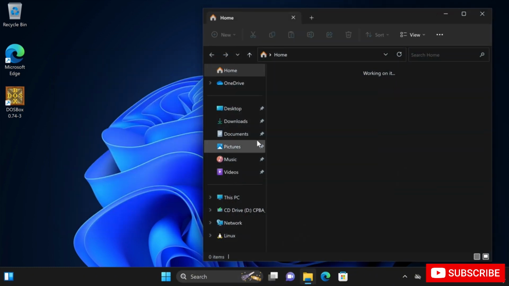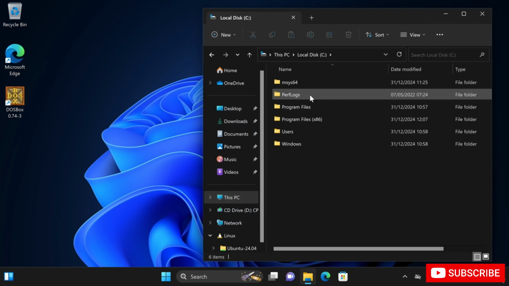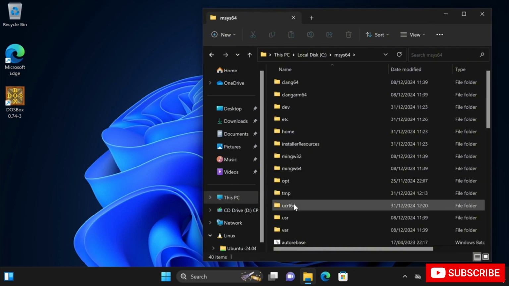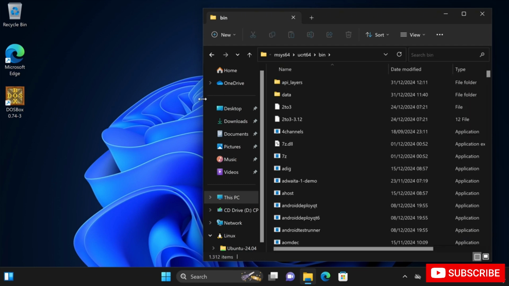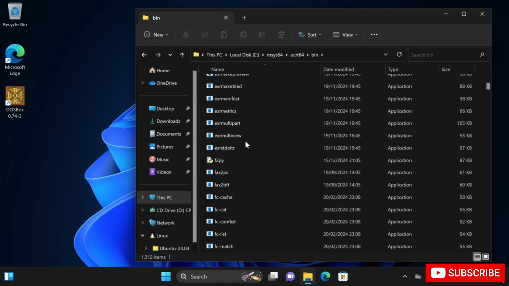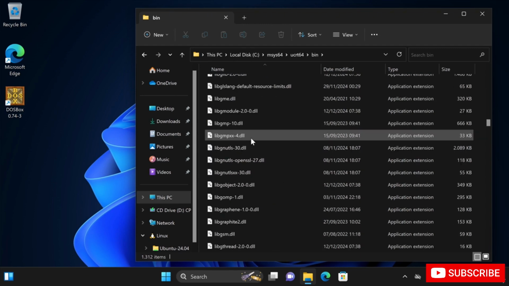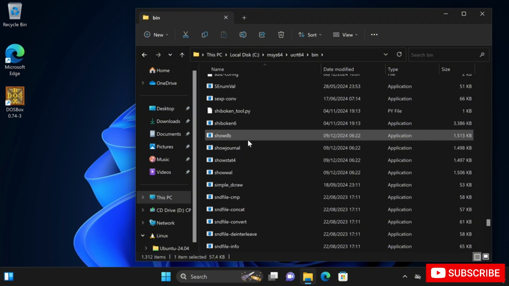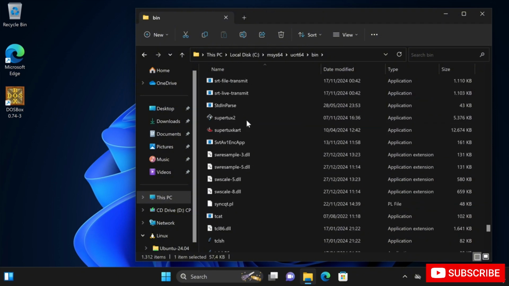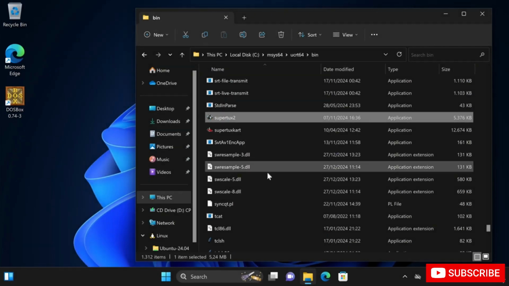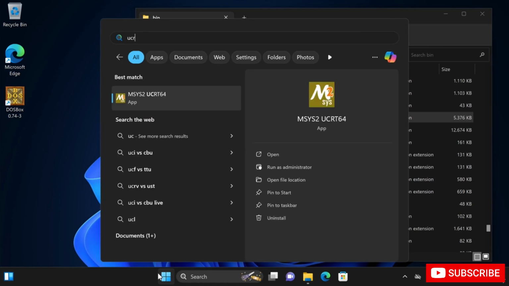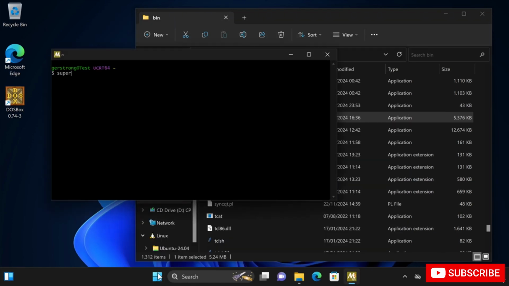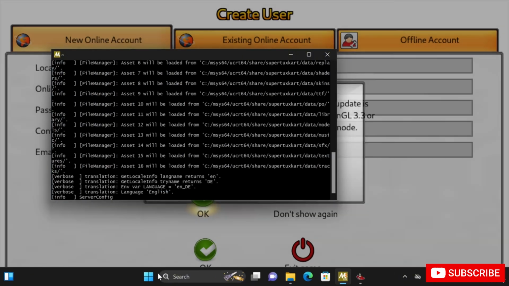Okay, since Super Tux doesn't want to run, let's look at the disk where it is located. It should be in the bin directory. Usually you find it there. Scroll down until you get to the letter S. You can also type S after you selected a file. And here we have our games. Super Tux 2. That was my problem. I should have looked at this. So there was Super Tux 2. So this one does not work, and the Kart works